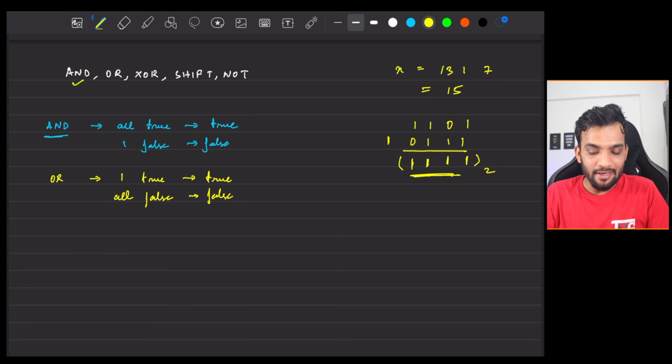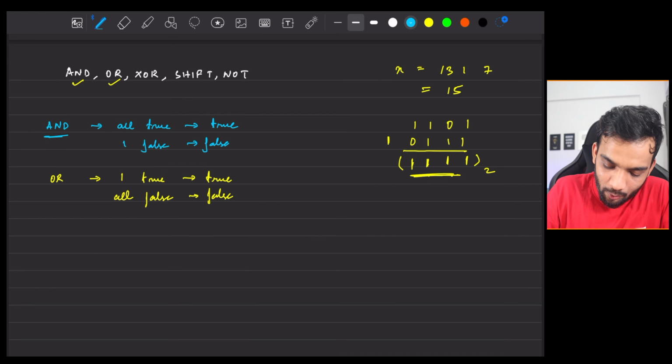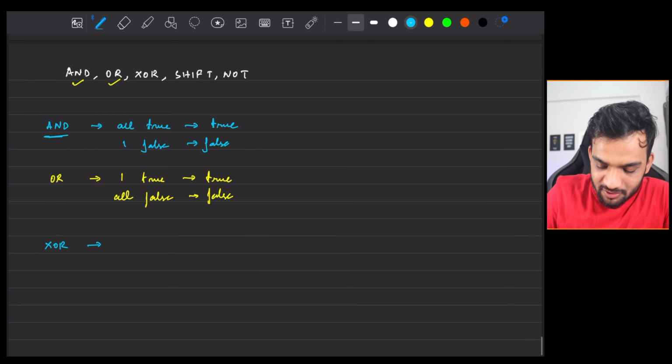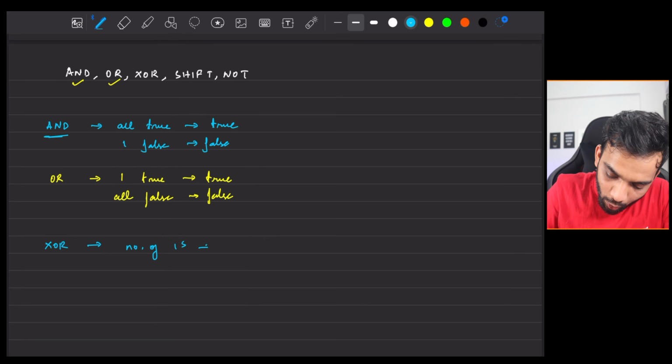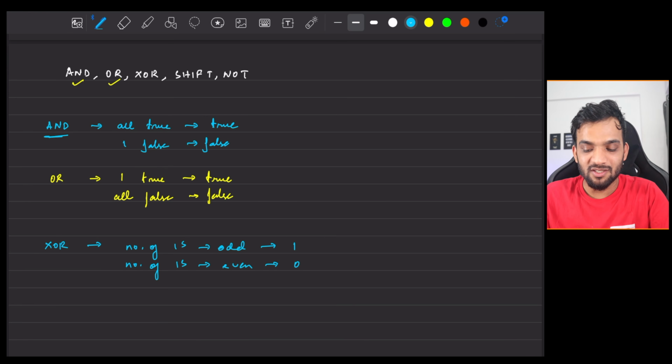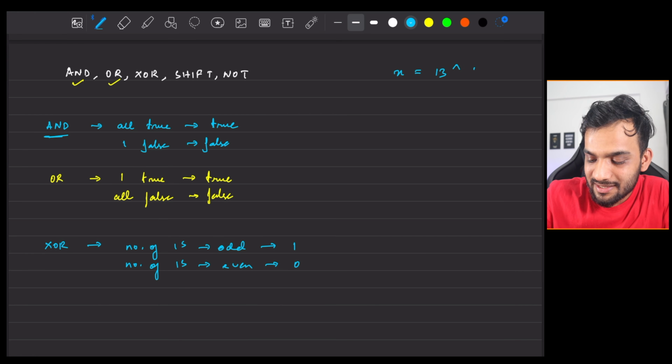The OR operator is clear, right? So what is the next one? XOR. Let's understand the XOR operator now. The XOR operator is very simple. If the number of 1's is odd, you'll always get 1. If the number of 1's is even, you'll always get 0. Remember this. So if I say x equal to 13 XOR 7, with the symbol of XOR being this,